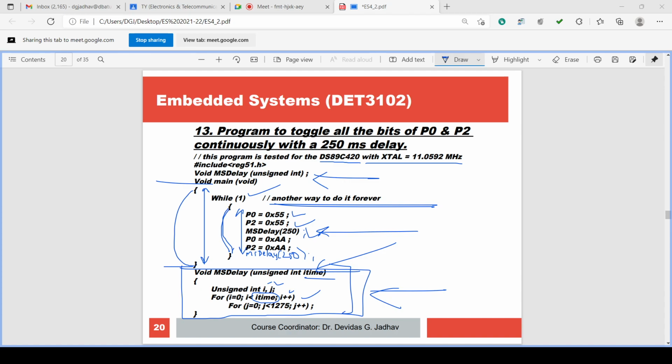This is a characteristic of the eye: persistence of vision. Once we see 55, it very quickly changes to AA. The 55 image remains as it is in the eye, and we are also seeing the AA. So all bits are now becoming 1.